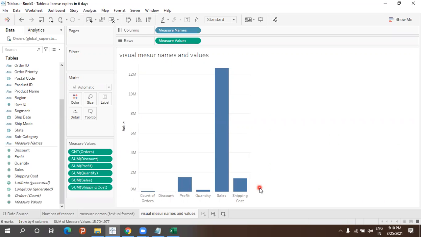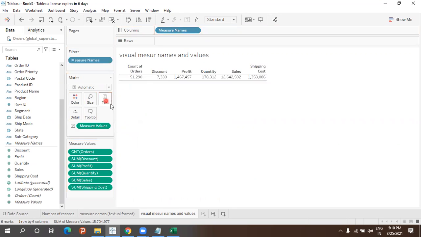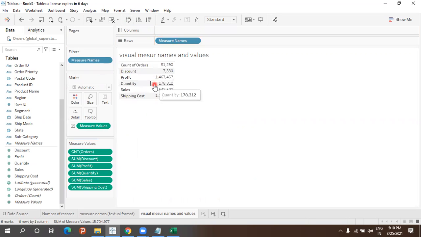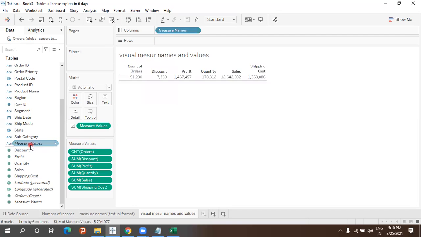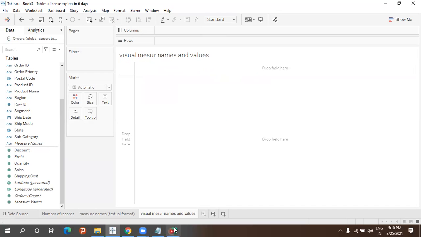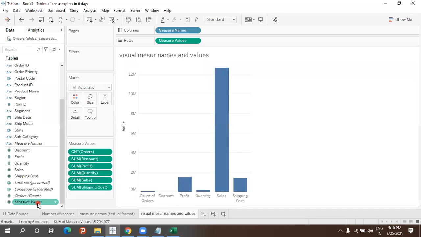Before, the measure values were in this place, in the textual format. Now the same thing, once I double click on the measure values, automatically we are getting this.